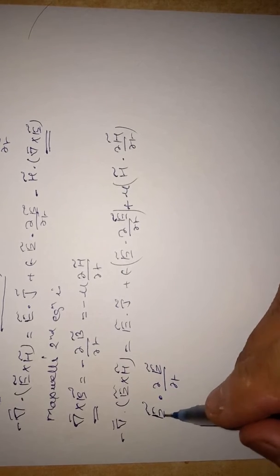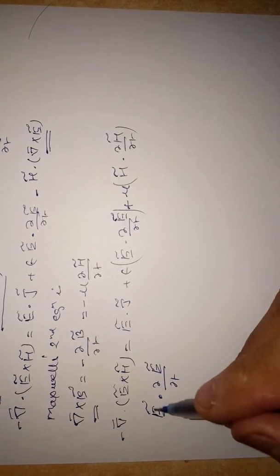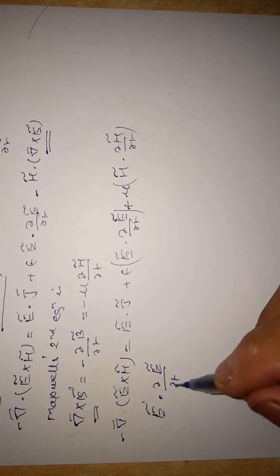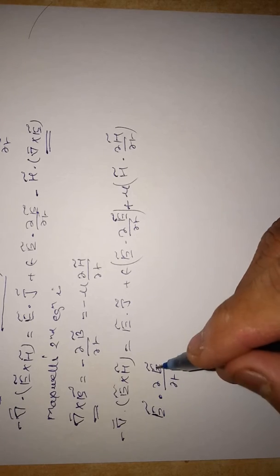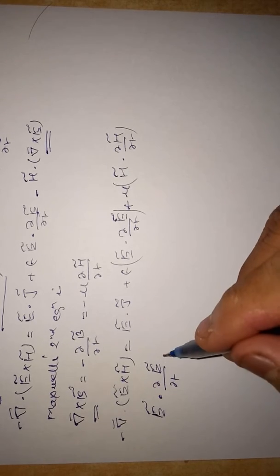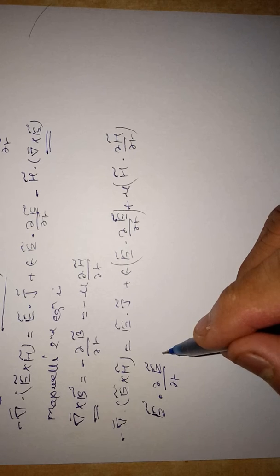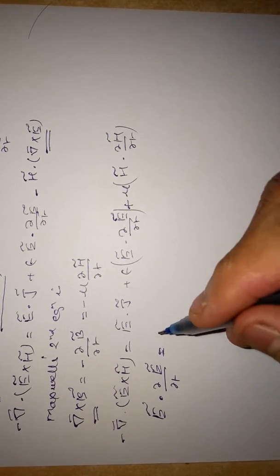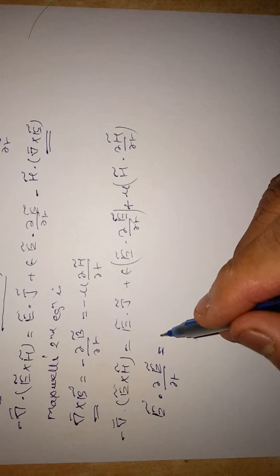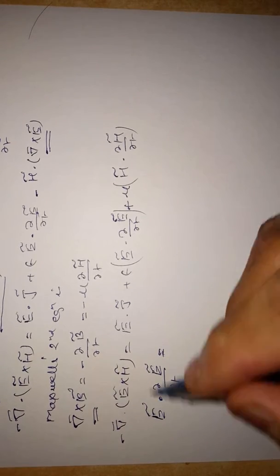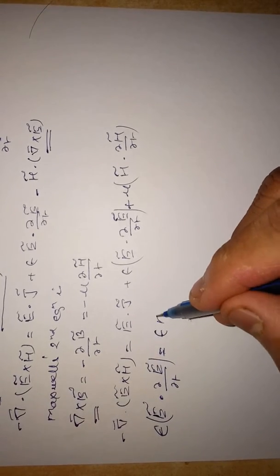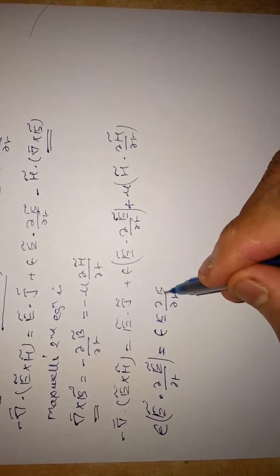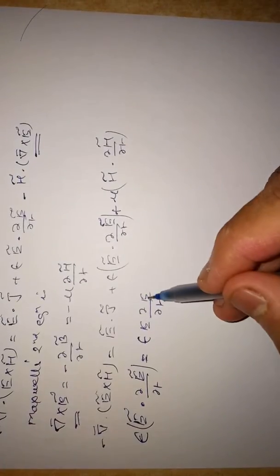So we can see that these two have direction. This E also has direction, and this also has direction. So taking the dot product of the same vector, both E's are the same, so the dot product of the same vectors gives only the magnitude. This will be like this. So if I take epsilon with it, I will get epsilon E del by del T of E. The direction will be removed. We can understand this with the help of